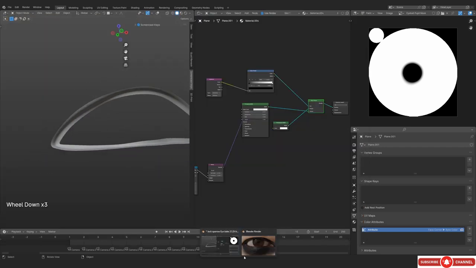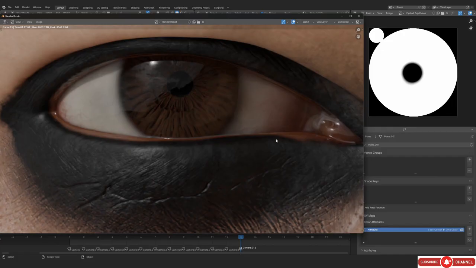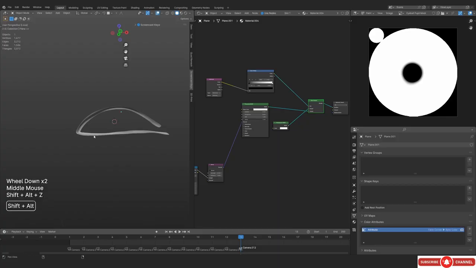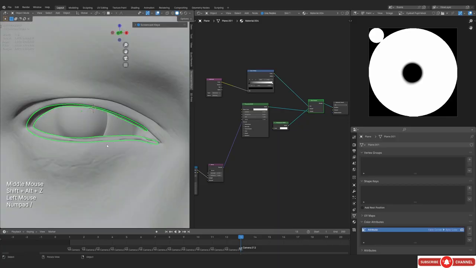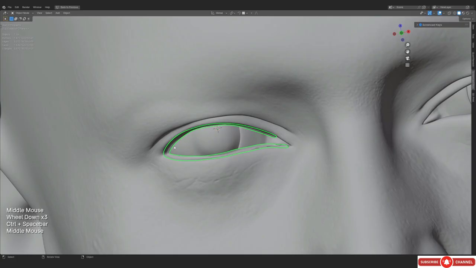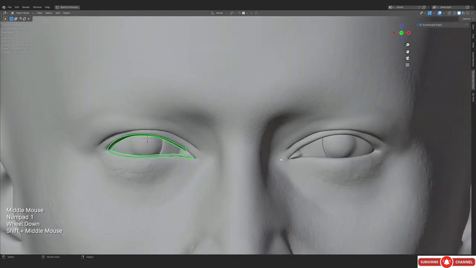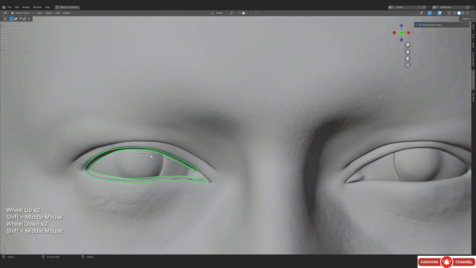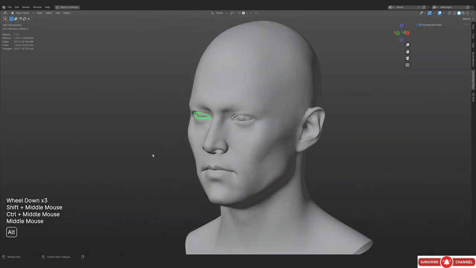So that's what we have. This is the tear line, and again, in order to get more reflection, you can increase the angle of the bend of your tear line. Basically, don't have a sharper corner on the tear line, make it a little bit smoother, and that way you are going to be able to get more reflection out of it. So now all we need to do is just mirror it, and obviously it's not a perfect mirror because we've adjusted the eyes. So in order to mirror, you just mirror your object and then manually adjust it, and you should be good to go.